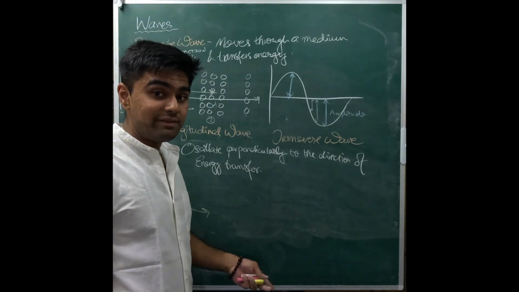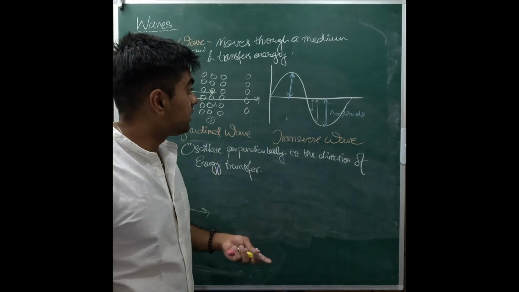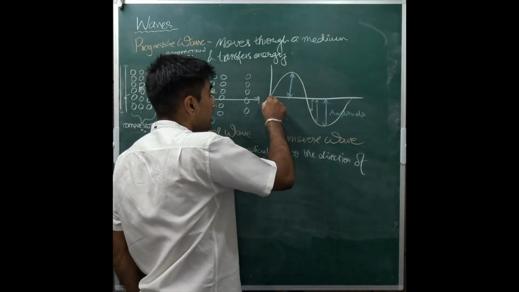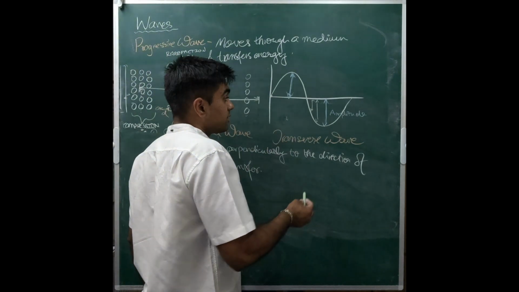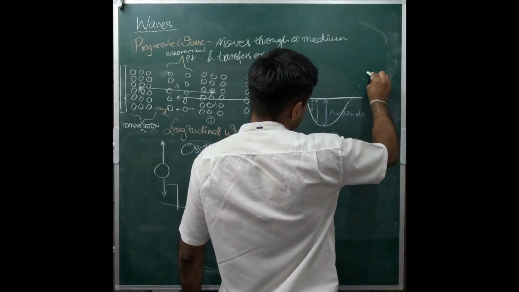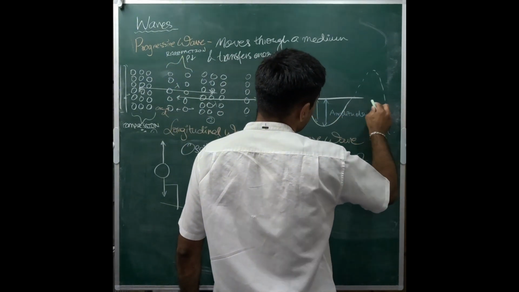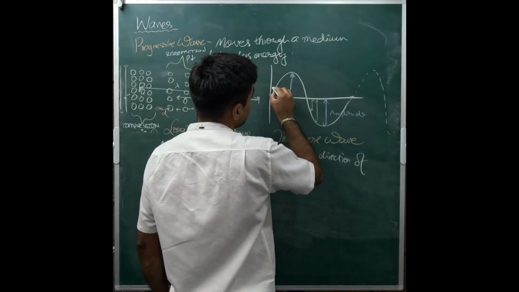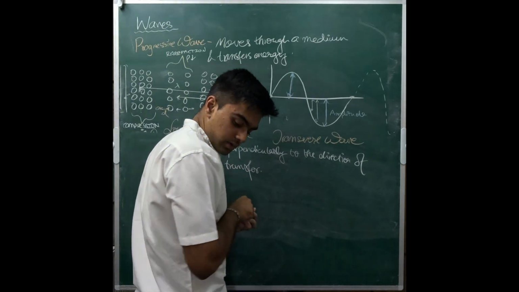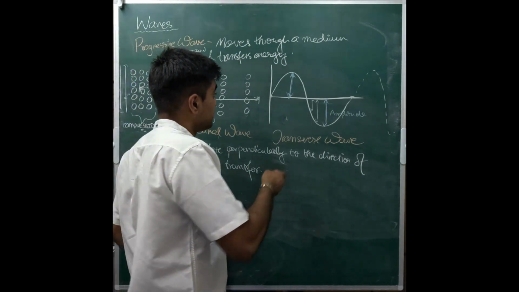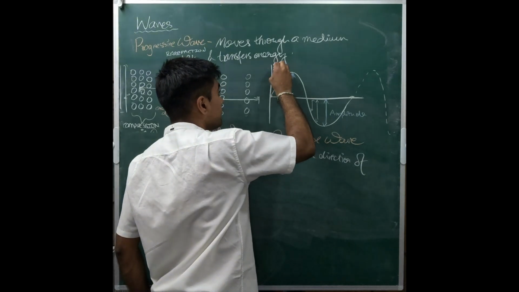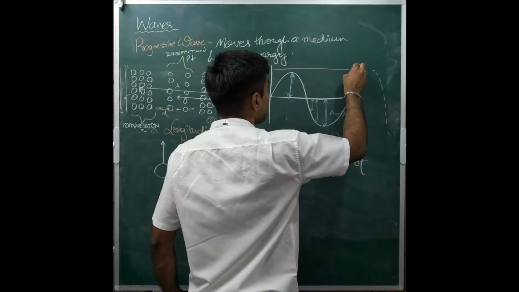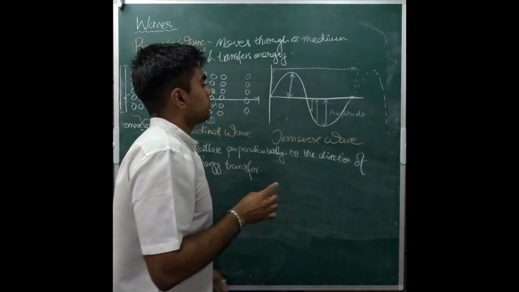How about the wavelength? How do we figure that out? Now for a transverse wave, we just need to find this point here and the same point on the next wave. So the next wave would be somewhat like this, right? So the same point on the next wave, the starting point is here. So the wavelength will essentially be from here to here, right? That's one wavelength.